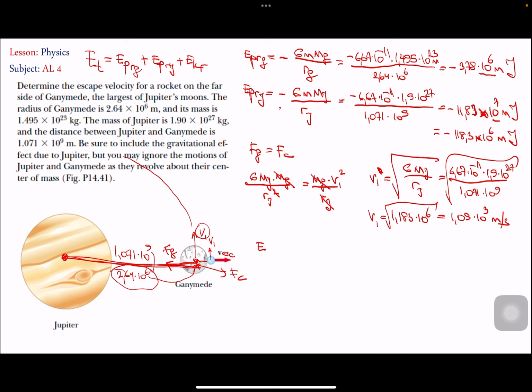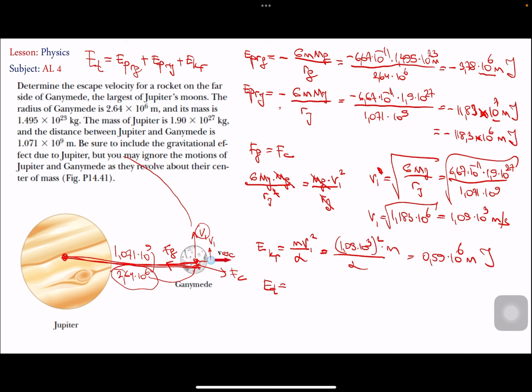The kinetic energy of the rocket will be mv1 squared over 2. So I'll write it in terms of m. If I put the numbers here, 1.09 times 10 to the power 3, I'll take it in a square, times m, and over 2, I'll have the number 0.59 times 10 to the power 6 m joules. Now the total energy,